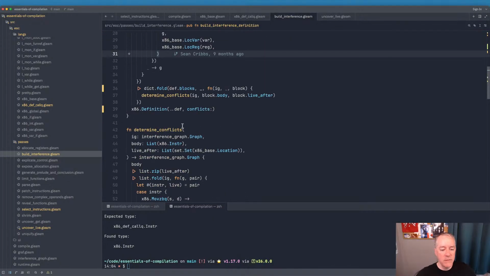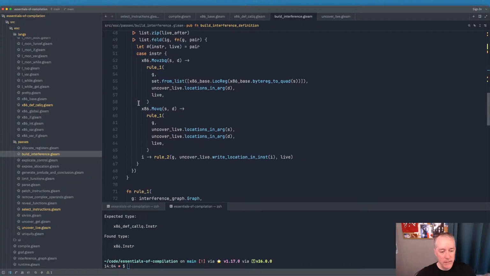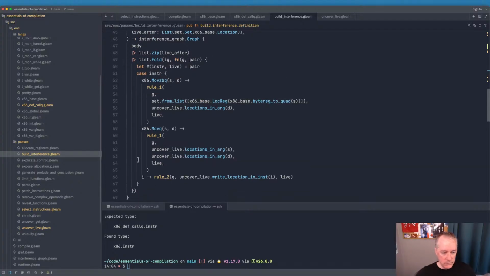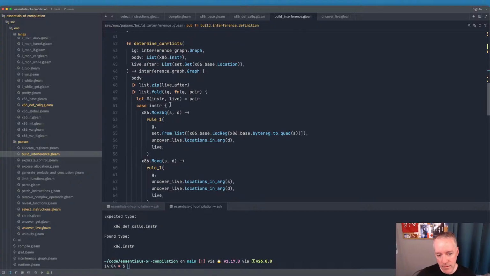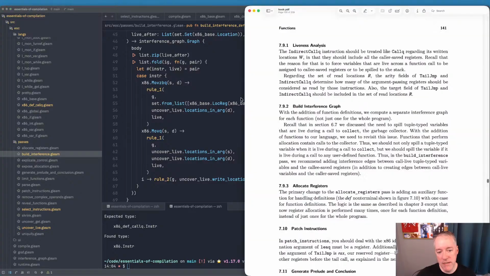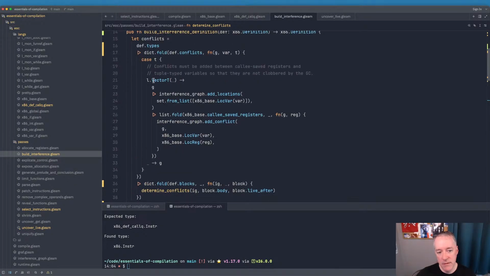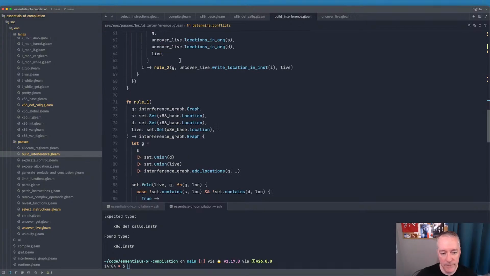The other thing that we could do is, yeah, let's look at rule 1 and rule 2, and then we'll determine whether we need to put another special case in here for an instruction where it's a call, like an indirect call or a call queue, a tail jump shouldn't matter. Then look at the live set and compare the type, and if it's vector t, then we add conflicts here. I think that's what we should do. Okay, so rule 1,